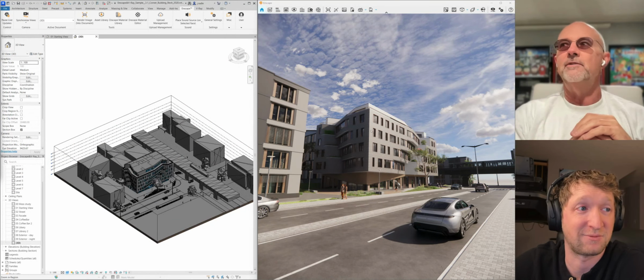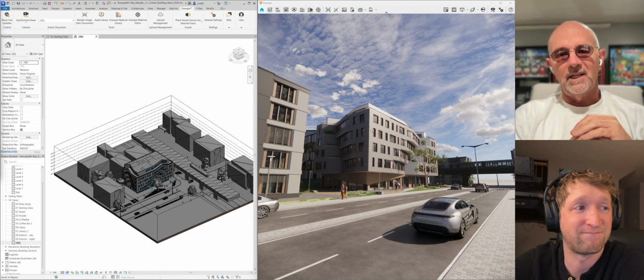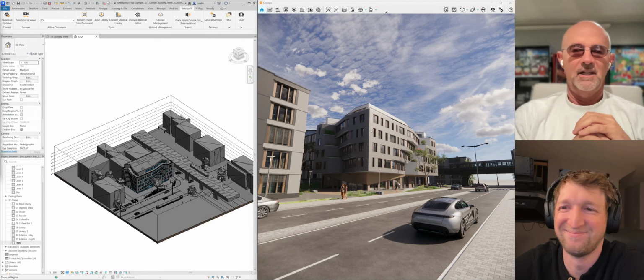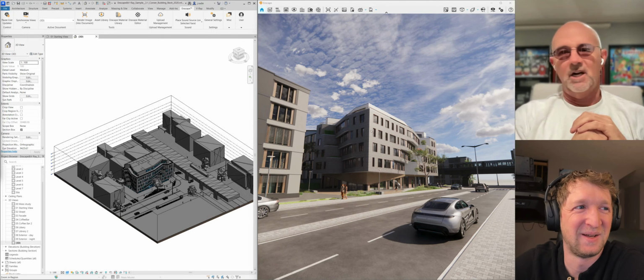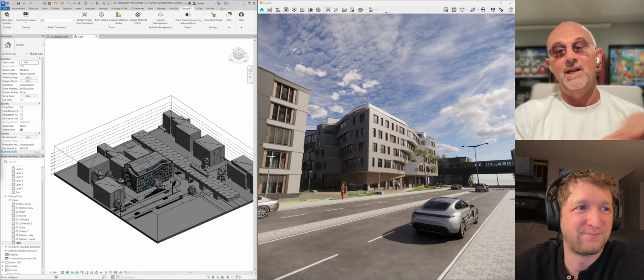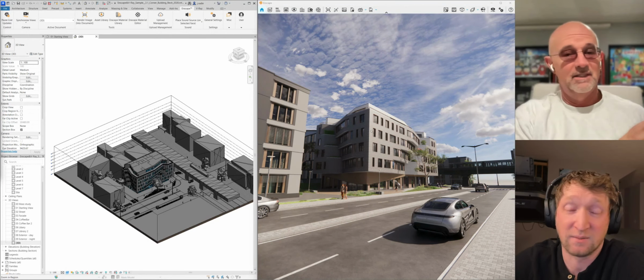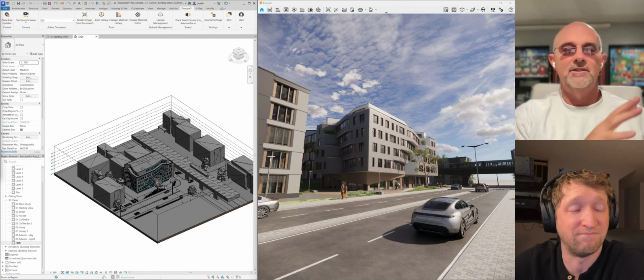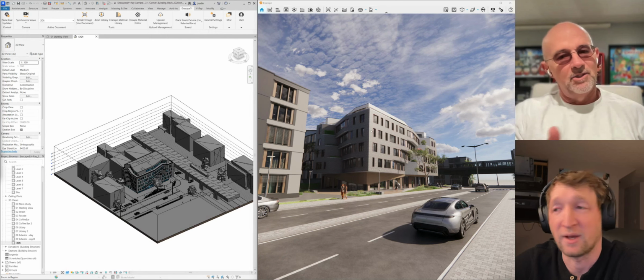If you are a muggle like I am, a caveman, and I don't want to learn how to use a complicated animation tool, I like Enscape for that because it's really simple. Super simple animation, or I should say video creation tool. But to your point,